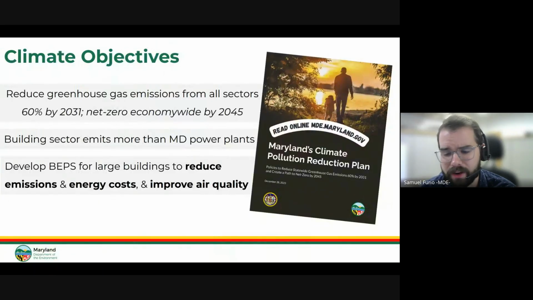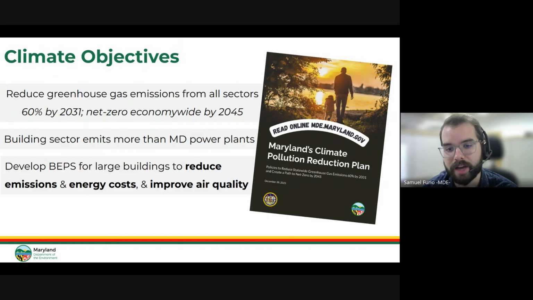Just a little bit of background. We always have to give a nod to the Climate Solutions Now Act of 2022, which sets Maryland on a new path to reduce its climate pollution. The Climate Solutions Now Act set some of the most ambitious climate goals in the nation, for our state of Maryland.